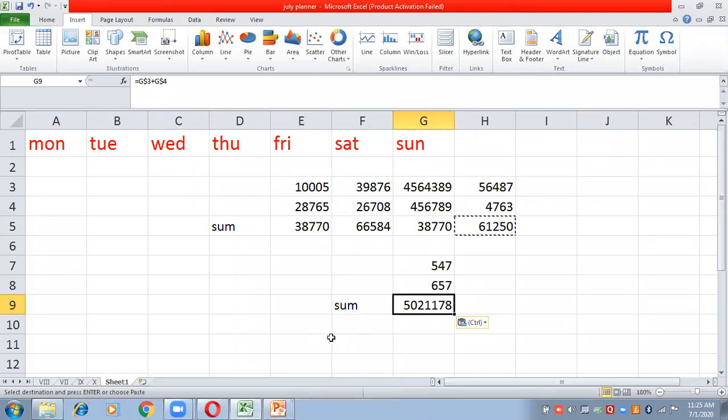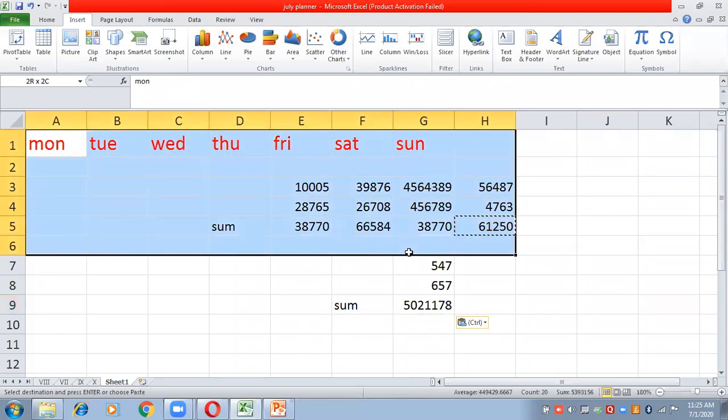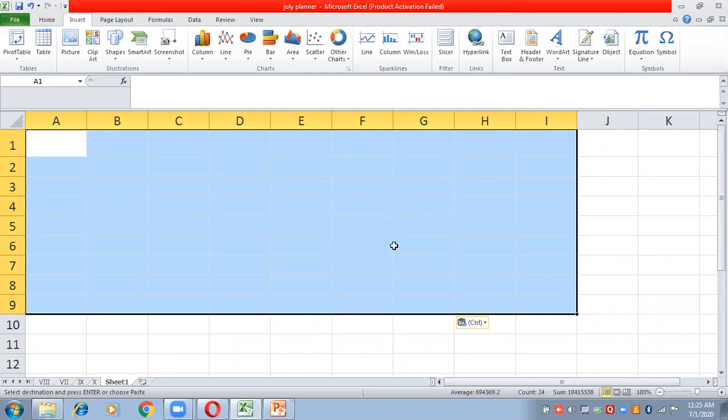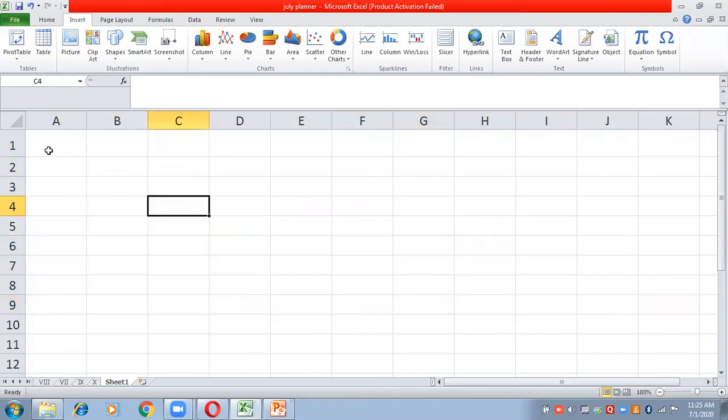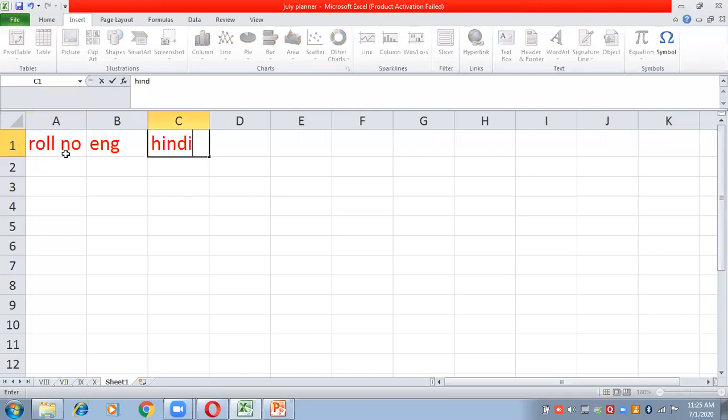Now today in this chapter we have to learn how to apply different types of formula. Okay, now first learn how to calculate the sum of two numbers. Suppose I'm having few numbers. I'm creating a table like roll number. Then we have three subjects' marks: English, Hindi, and maths.